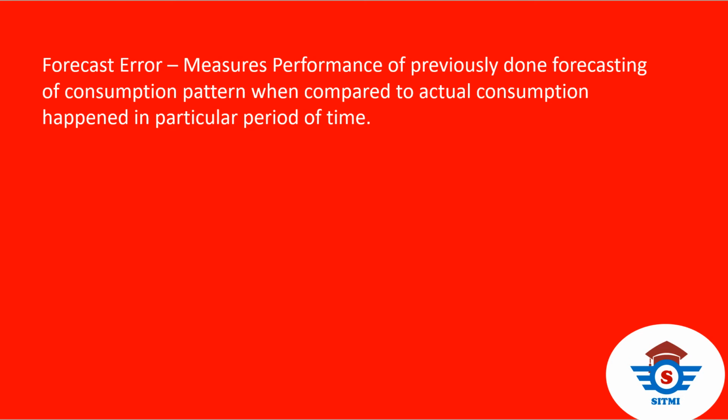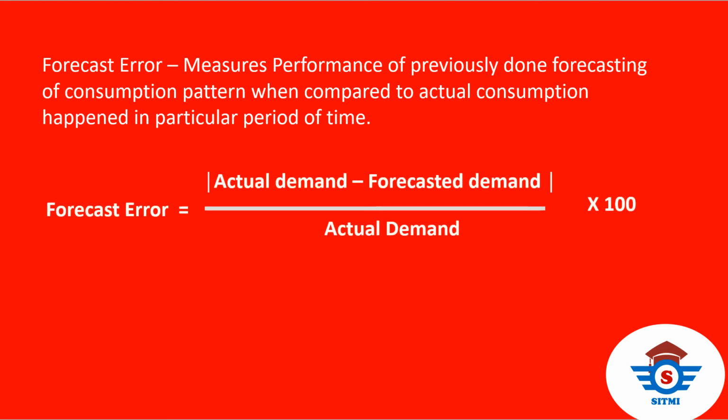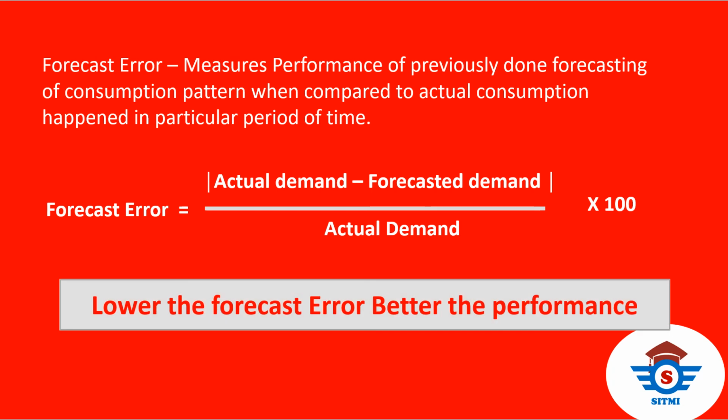Let's see the different formulas that are used to calculate forecast performance. The first is forecast error, which is equal to the absolute value of actual demand minus forecasted demand, divided by actual demand. Make sure the division is always by actual demand, and this is multiplied by 100 because it is calculated as a percentage. In a normal business situation, ideally forecast error has to be as low as possible to represent good performance of